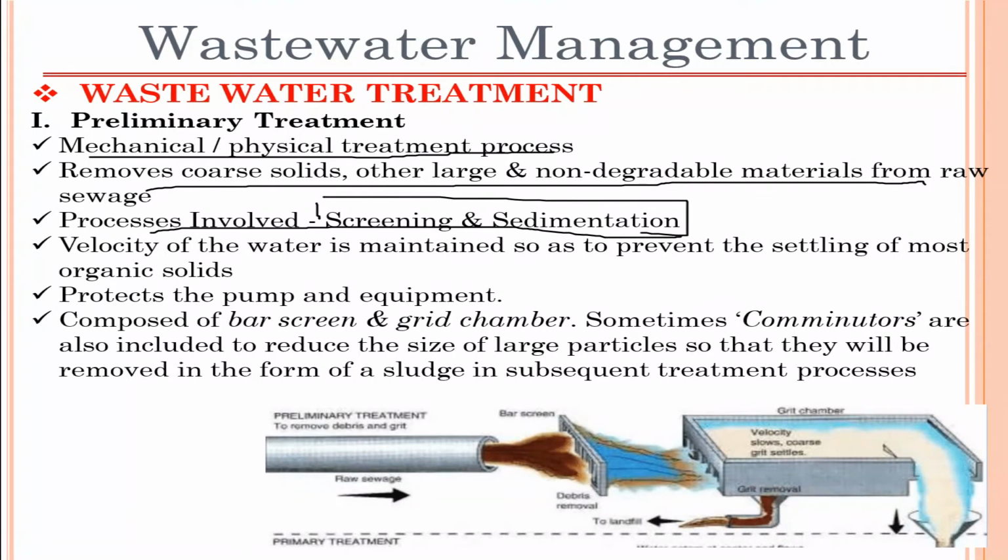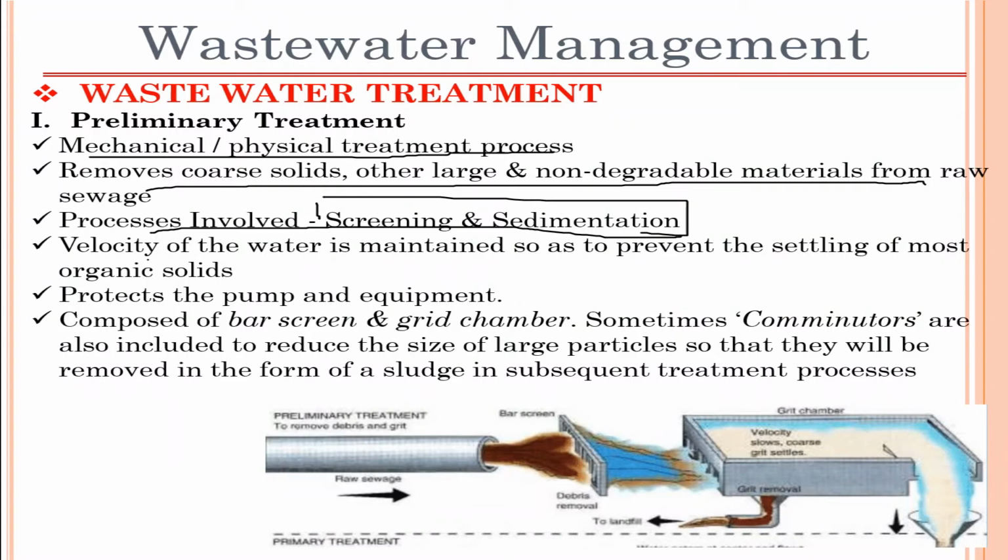Alright, so sedimentation is something that is done twice or thrice in the entire process. The first sedimentation process is carried out in preliminary treatment, with screening. The velocity of the water is maintained so as to prevent the settling of most organic solids, and also to protect the pump and equipment. It is composed of bar screen and grit chambers, and sometimes